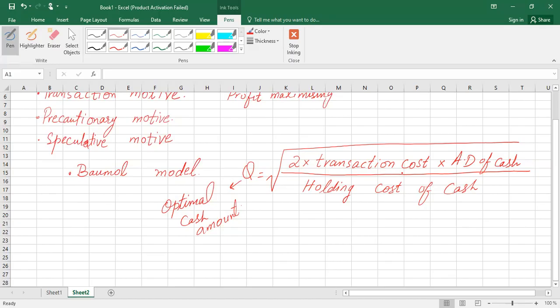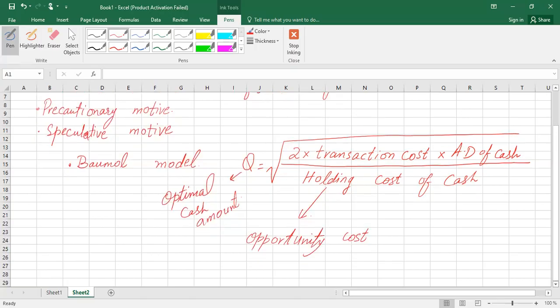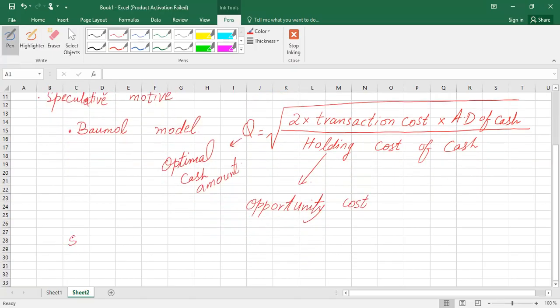Now, the important thing is what is this holding cost? Holding cost of cash means when you are holding cash or you are not investing in inventory, it is an opportunity cost for you. Opportunity cost is the one which I can earn if I am holding cash of $300,000, and if I invest this amount in the bank, I can earn 6% per year, but I am not